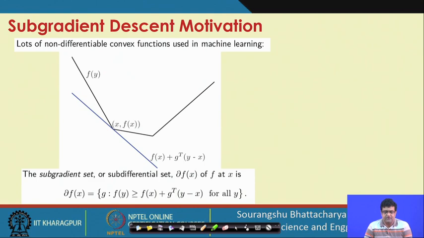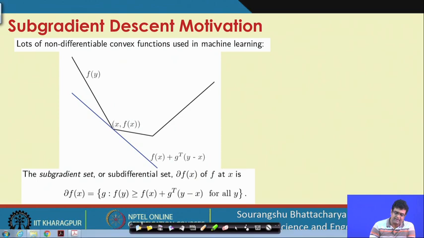Now, if a function is convex, even if it is not differentiable, we can still define something similar to a gradient, called the subgradient. For example, if you look at this function, it is not differentiable, but we can define a subgradient for this function at this point, as the set of